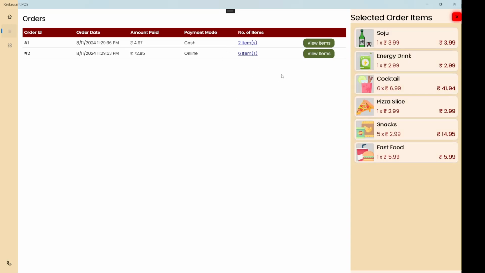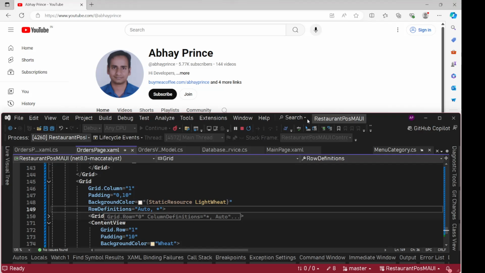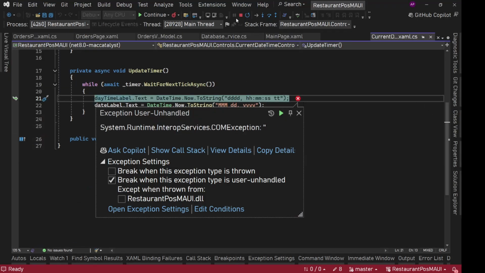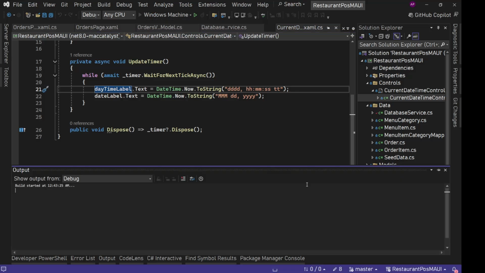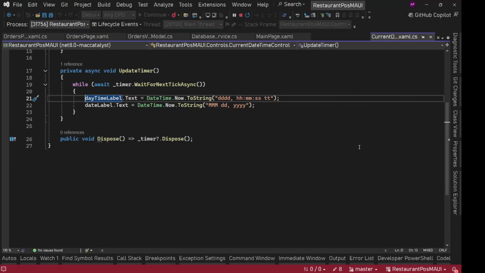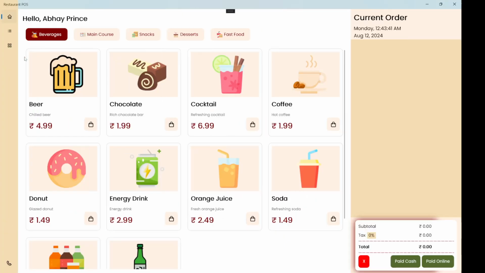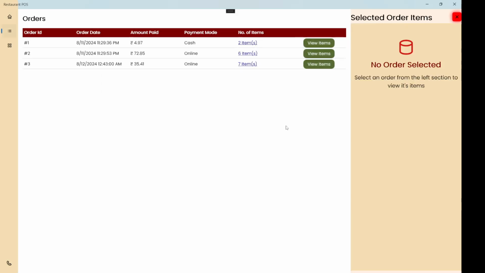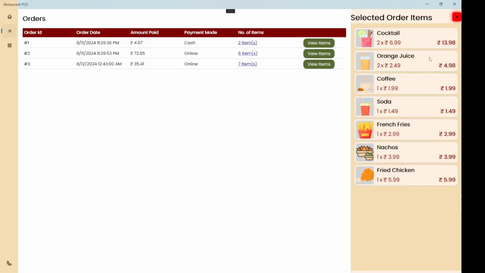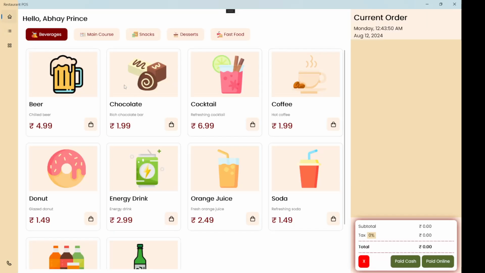Will work, but for now if you want to see it, we need to just stop it and run it again. We will see this new order. I just want to see if we have multiple items, then how would it look. More items. Okay, it's here. Let's go to orders, select the 7 items. Okay, we need to have more items, more than 7. Let's add all